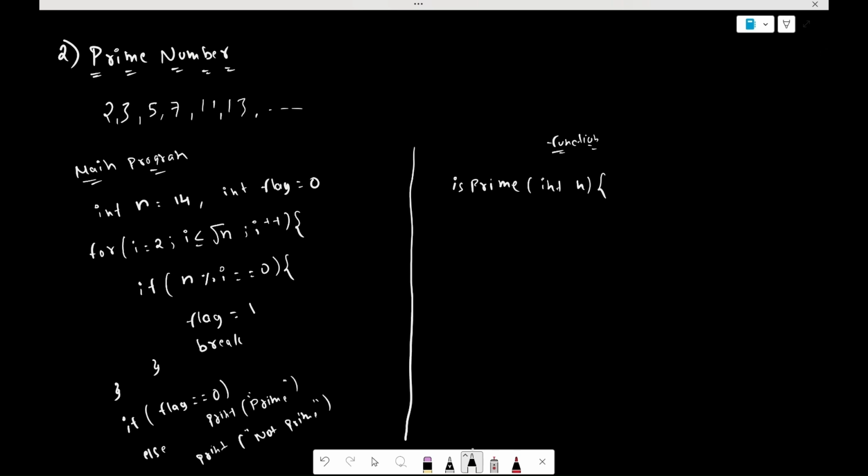In the isPrime function, first the for loop is taken directly, because n is the input to the function. So for i is equal to 2, i less than or equal to root n, i plus plus. In this case, flag is not used. We will just check a condition: if n modulo i is equal to 0, in that case what will we do? We will just write a return statement. Why? Because